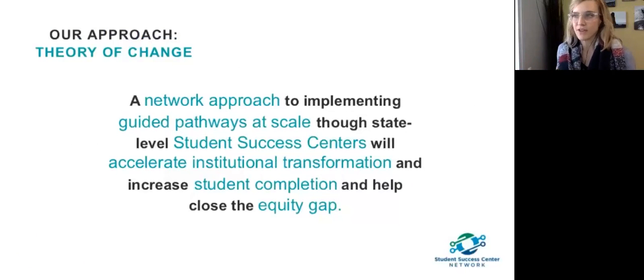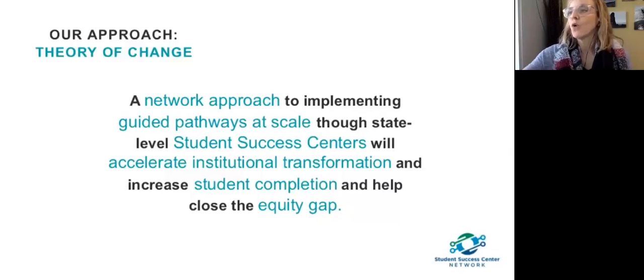It's really the same theory of change that you have for your work at the center level with your colleges, and the reach you hope to have and the impact you hope to have with your students on the ground. What's different here is the network approach and the scale nationally.